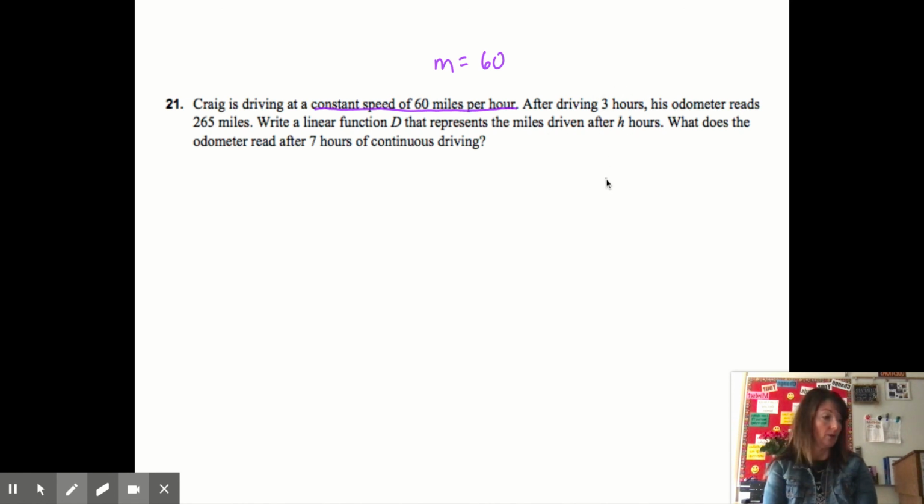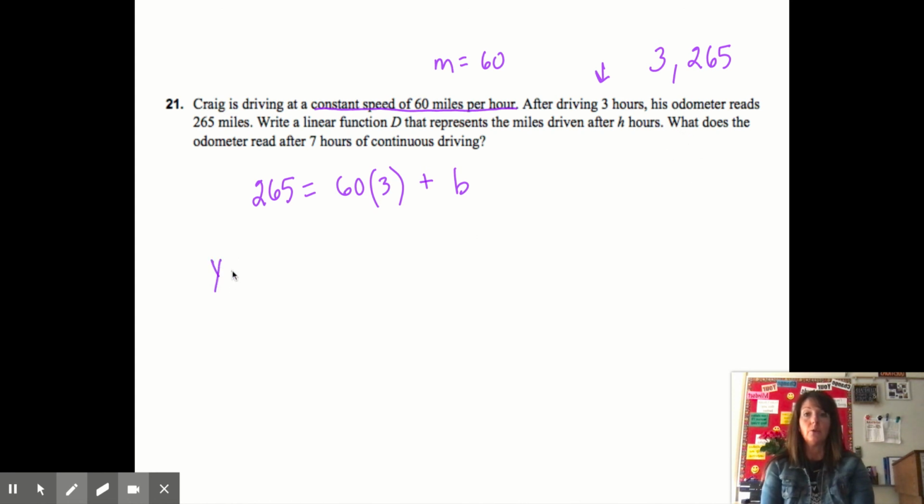So we have kind of a sample here written of this. We have 265 is going to be equal to, we know that our slope is 60, and after 3 hours, but we don't know what our odometer read to begin with. We don't know the beginning value here. But yes, we have the slope, and this 3 hours represents the ordered pair, with 3 as the input and the output value 265. So we can use the point-slope form of the equation